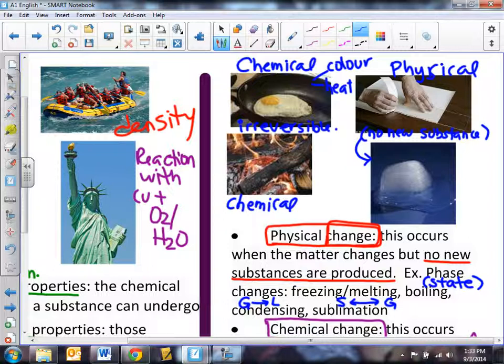Does anybody have any questions about either of those two pieces of terminology, chemical or physical